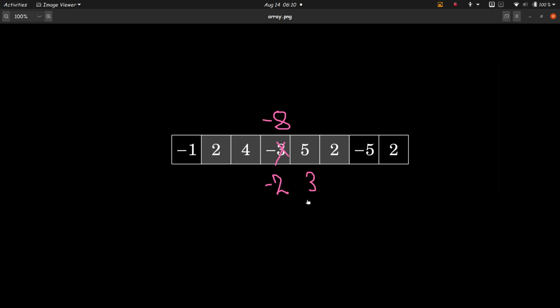Any sane person would say there's no point in taking any element beyond this index, or on the left of this index, because the maximum sum you get here is -2. It is a negative number, and a negative number, if added to any value, will only decrease the sum, and we want the maximum sum. As soon as we add 4 plus 2, 6, and we get here a -8, 6 plus -8 is equal to -2.